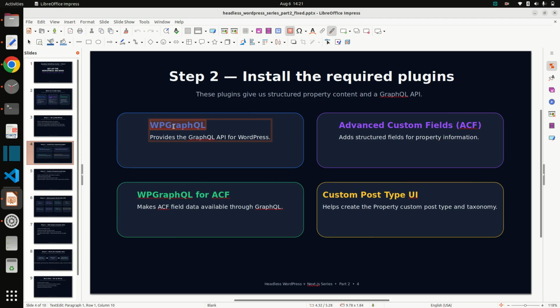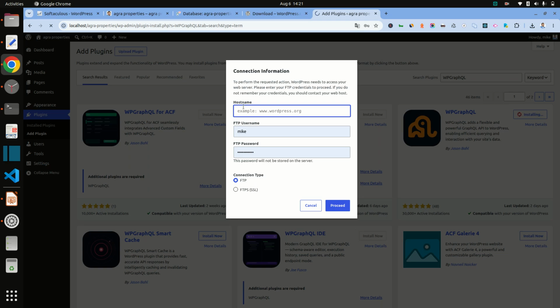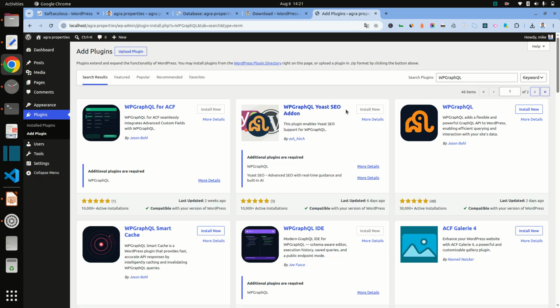We can install these add-ons via WP CLI also, but many people are from the React.js and JavaScript field, so I am installing by GUI.